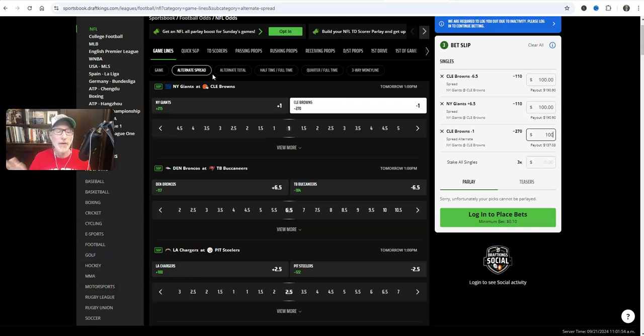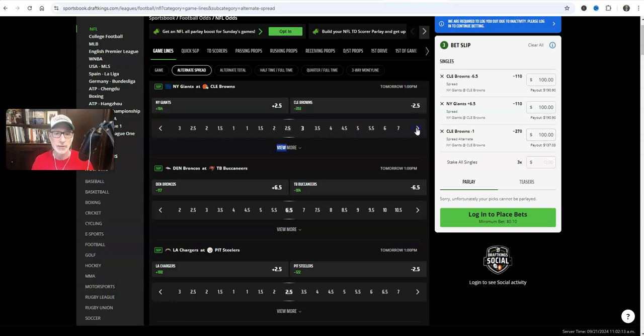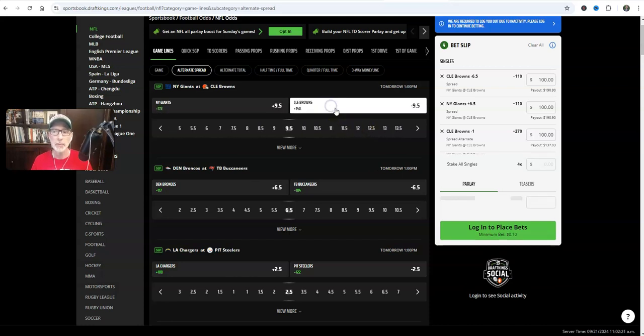So I find this very interesting that you can actually change your probabilities of winning your sports bets, and you'll have to just deal with the lower payouts. Now, if you think the Browns are really that good and you think that 6.5 points is easy to cover, then maybe you go up to 9.5 points. Okay. So if you think the Browns could win by at least 10 points, you choose them, and let's see,